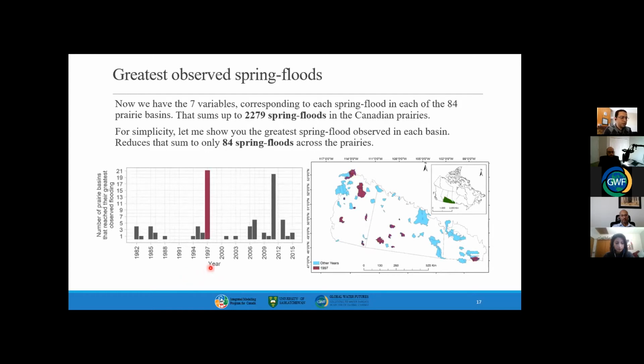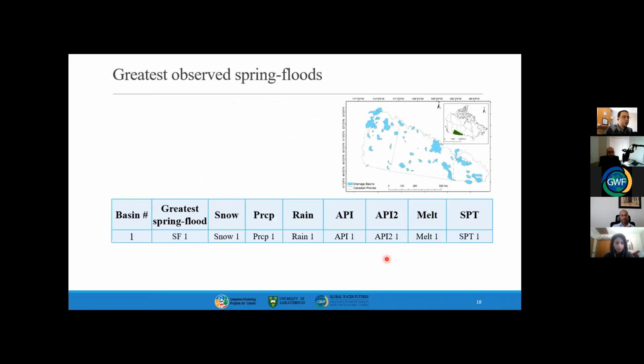For example, in 1997, there were 21 basins that reached their greatest observed spring floods. And in the year 2011, 20 basins reached their maximum observed spring floods. So the greatest observed spring floods, regardless of the time of their occurrence, in each basin were investigated in the next slides. At each basin, for example, in the first basin, we would sample the greatest observed spring flood in that basin,